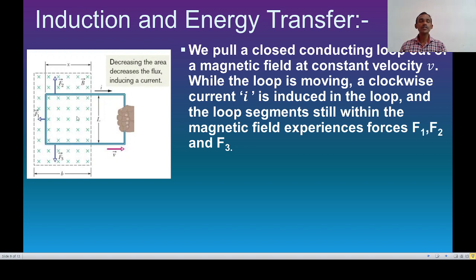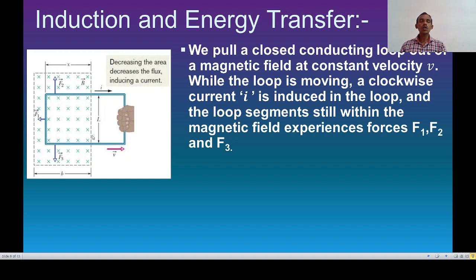Due to this decrease in area, the flux passing through this loop goes on decreasing, and due to this, an EMF will be induced, and a current I is induced in the loop